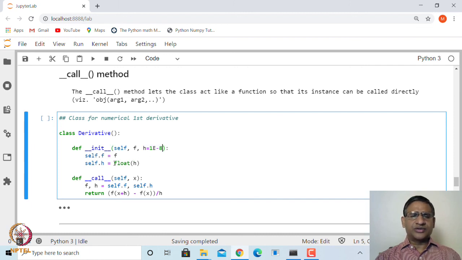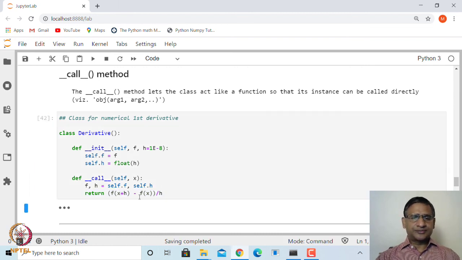So, in that case you convert it into float. Then define the method def, again 2 underscores call 2 underscores and then self, and you want to call this at some point x. What is it going to do? I am just reinitializing f and h as self.f and self.h, and then return the difference quotient. Okay. So, let us run this.